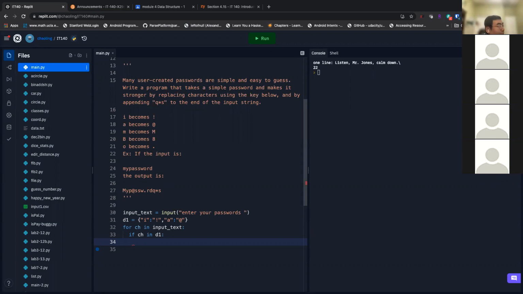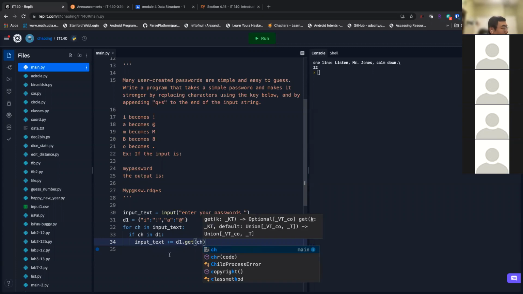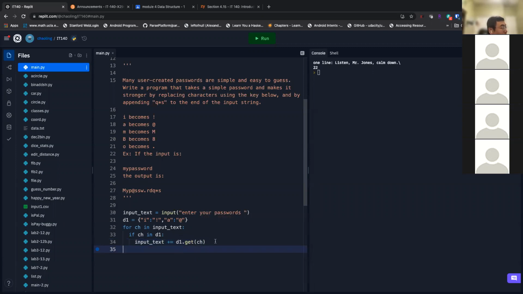You can then take the value, so output text plus equal D1's key, because it's safe to do this since you know that key existed. Otherwise, you just say D1 dot get key. Either way, that will give you that key.